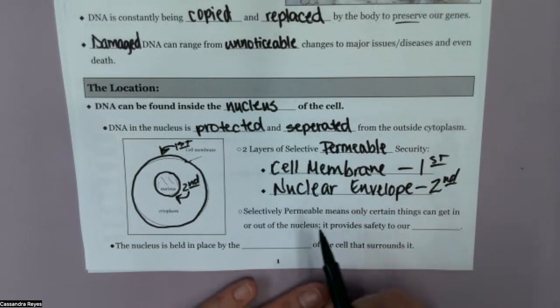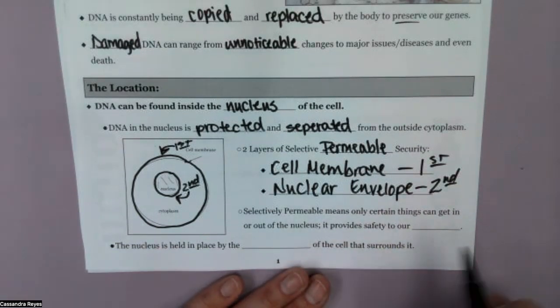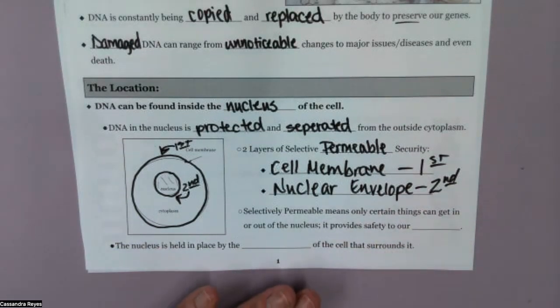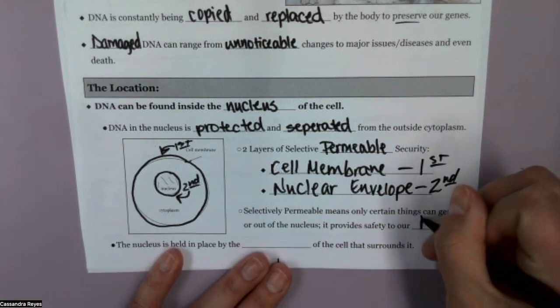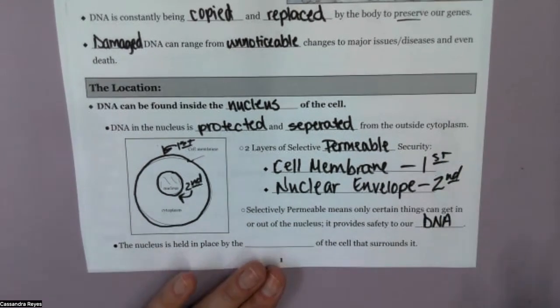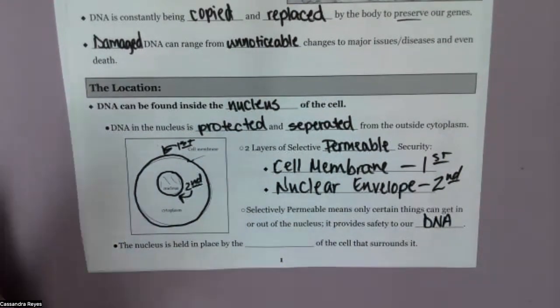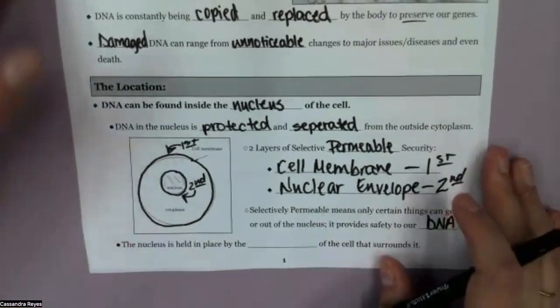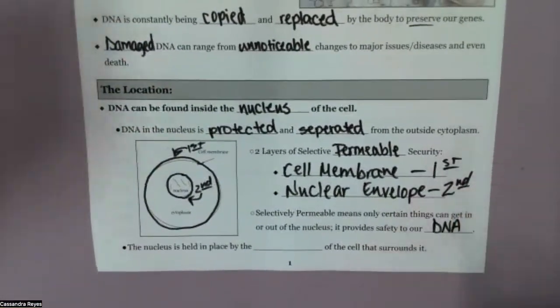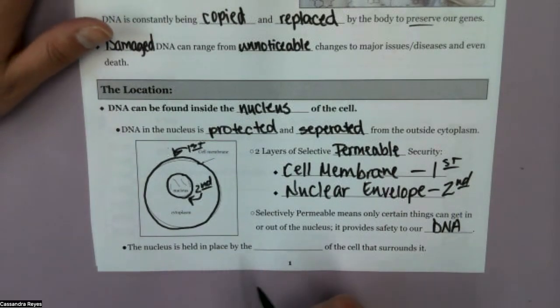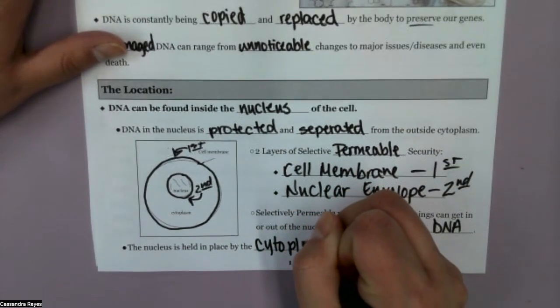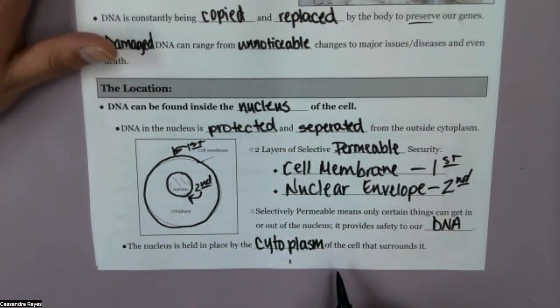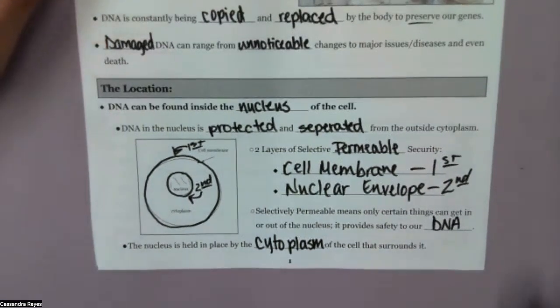All right. So selectively permeable means that only certain things can get in or out of the cell. This is going to provide us with safety for our very valuable DNA. Because remember, DNA codes for everything we are, everything we ever will be, everything we will ever do, yada, yada, blah, blah, blah. Okay. All right. The nucleus is held in place by the cytoplasm